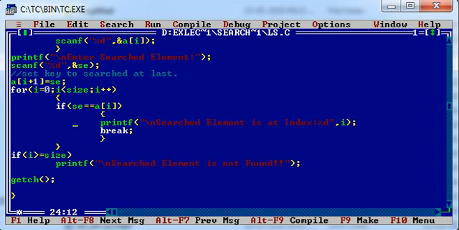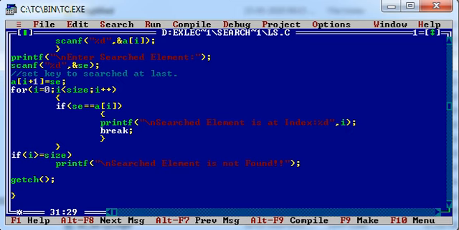As soon as I found the element, the loop will get terminated and I will come out from the loop. While coming out from the loop, I am comparing if the value of I is greater or equal to size, then we can say the element is not found within the array, but instead the element is found whatever we have set manually over here. So that is obviously not found within the range of array. That is why on this condition I have printed search element is not found.